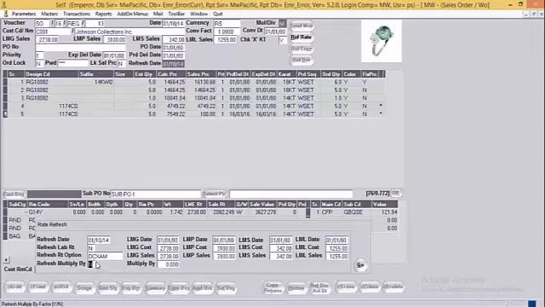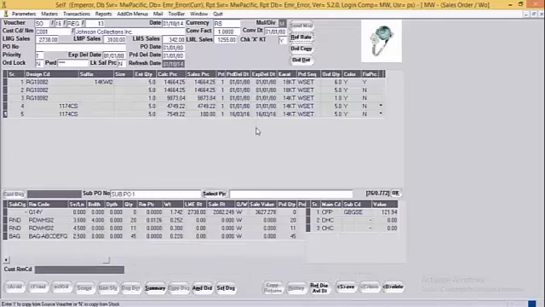If the user needs to change the multiply by factor in the given order, he can mention over here as yes, and then specify the multiply by factor as 1.25 or as per his requirement. Based on the date table, system will get the LMG cost and LMG sales over here, and then user can proceed with the Go button and system will refresh the rates for all the designs mentioned in the order.